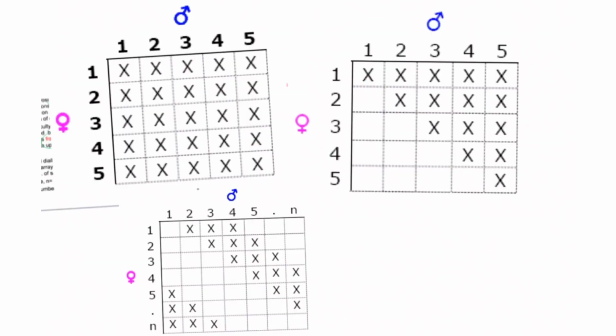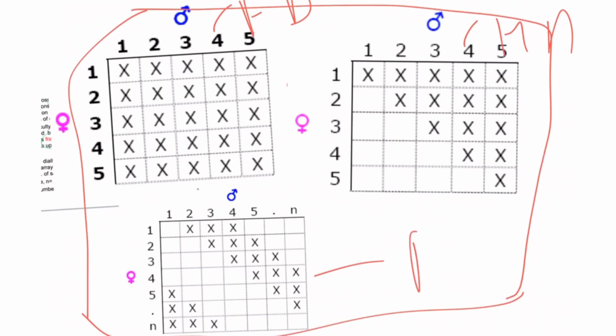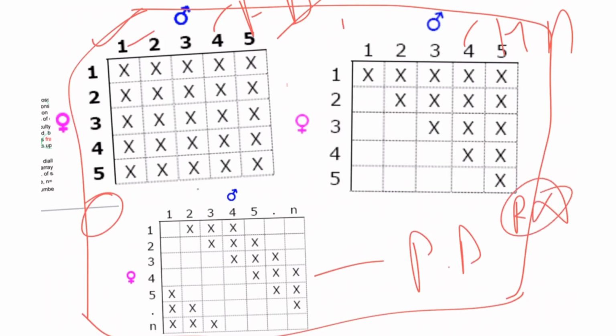See, this is the complete crossing plan of full diallel, half diallel and partial diallel. This is full diallel, this is half diallel and this is the partial diallel. In full diallel, parents, direct crosses and reciprocal crosses, all three types of crosses are involved. In half diallel, reciprocal crosses are absent. Only the parents and direct crosses are involved. And in partial diallel, NS by 2 means even less than half.